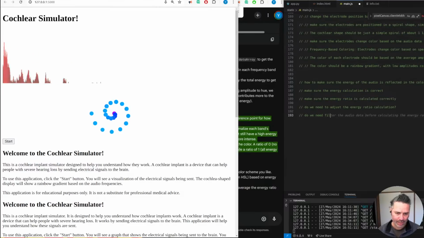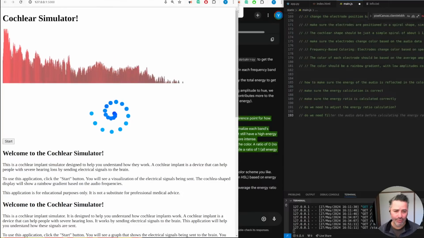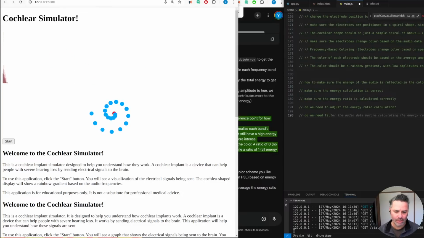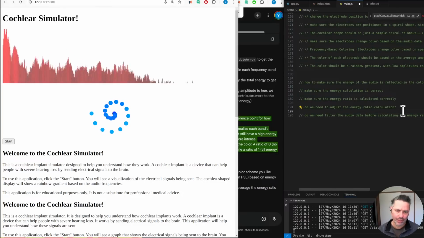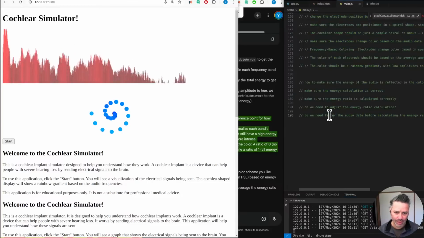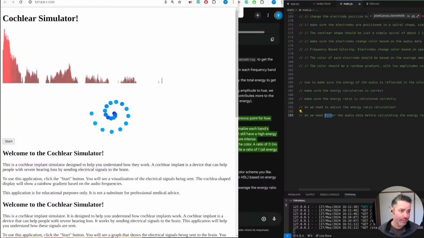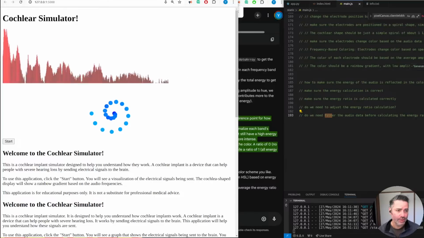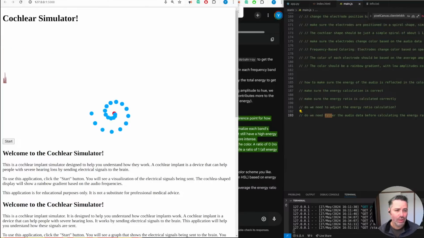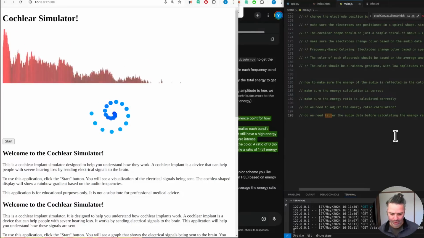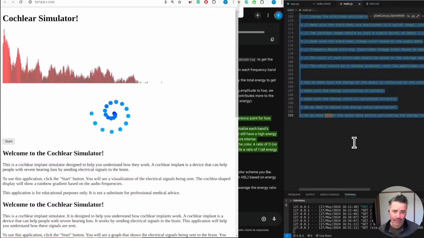Yeah, once we mention filters, we'll be going places. I don't think we have any filters at the moment, or at least not that I'm aware of. Yeah, we had some filtering mentioned in previous prompts, but